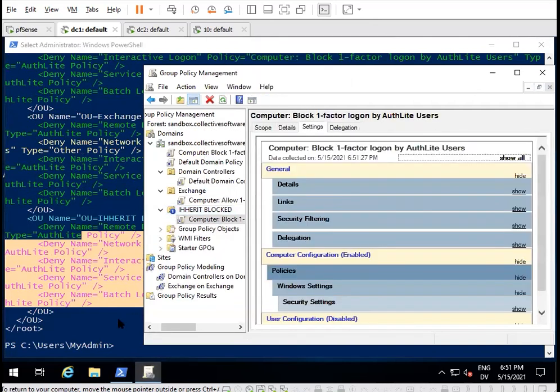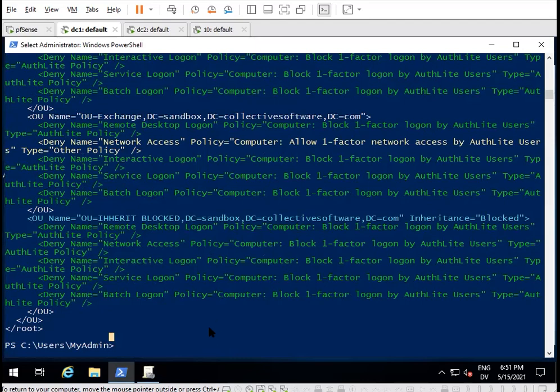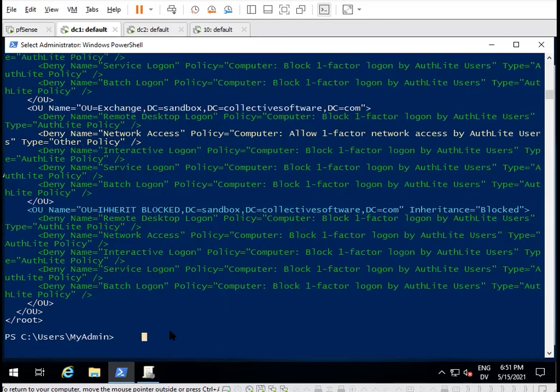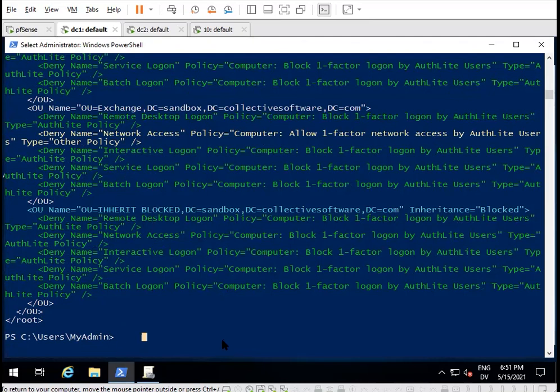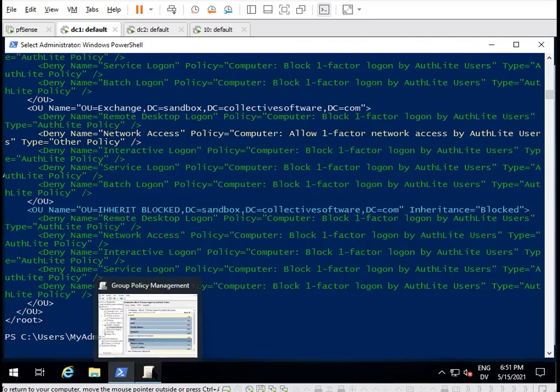So these are tools you can use to automate some portions of this and some reasons why you might want to do exceptions. So now we've got all of the inheritance done. So the domain understands how to enforce two-factor